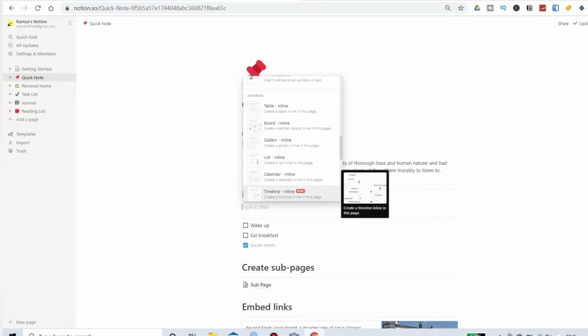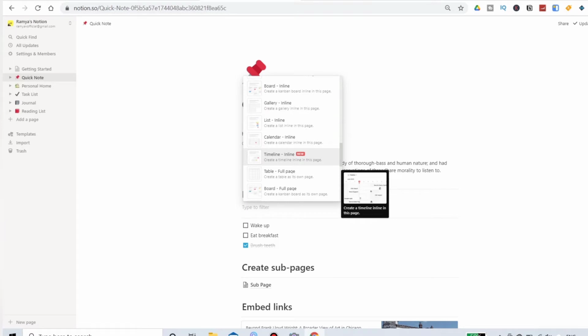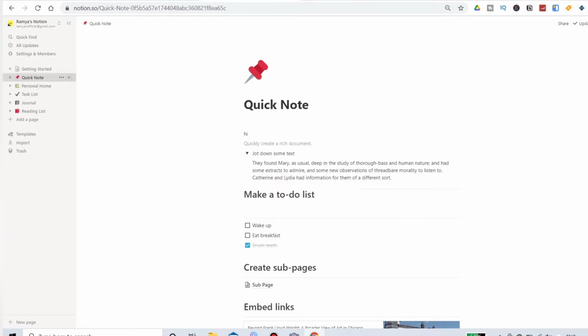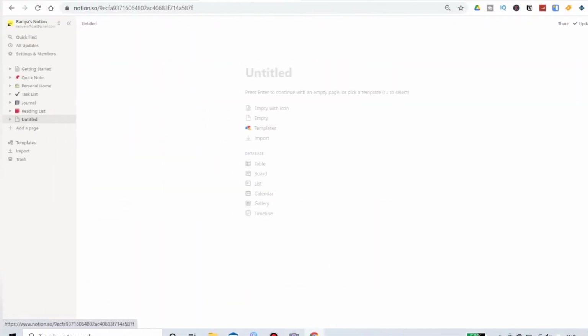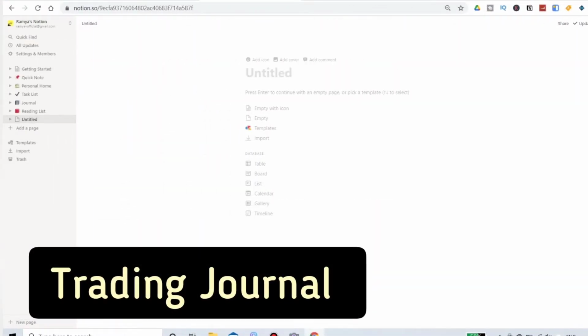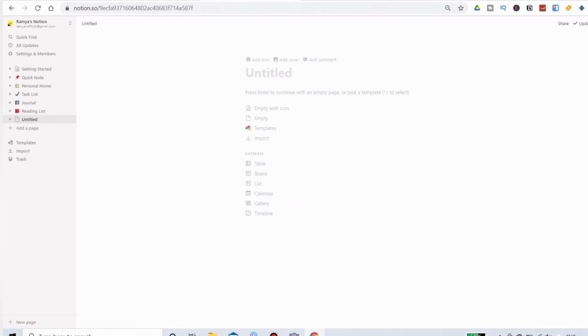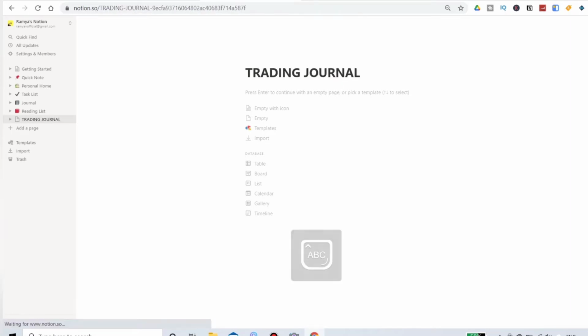This is not a Notion tutorial, so I am just going to show you how to make a trading journal. When you see over here, add a page. Here you can click on it, you can add a page. Now let me show you trading. Let's create a trading journal.